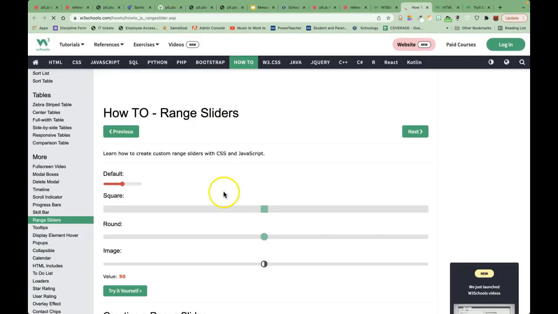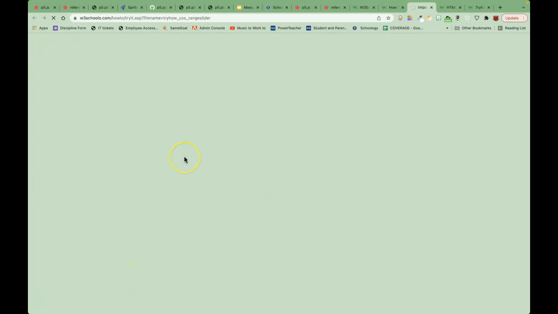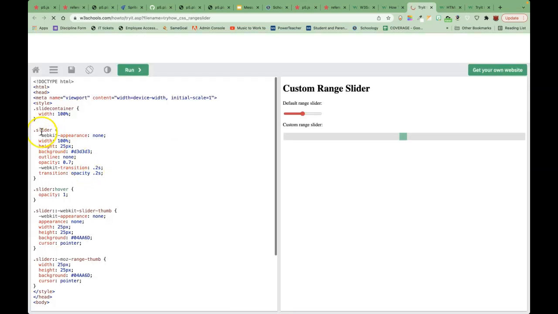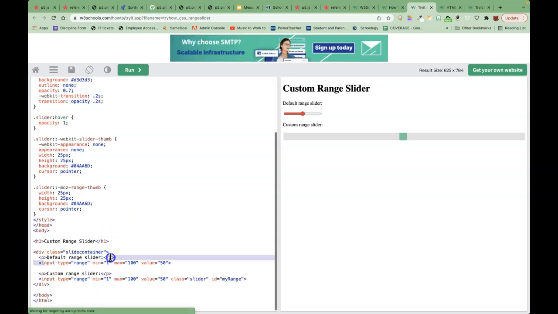One of these will show, see, yep, okay, square, round, images, that's the default. So let's look at these and see what's different. Okay, now this is using CSS. If we are looking at what these sliders are, here's the default slider right here. Here's the custom slider. Now it has a class attached to it, and that class